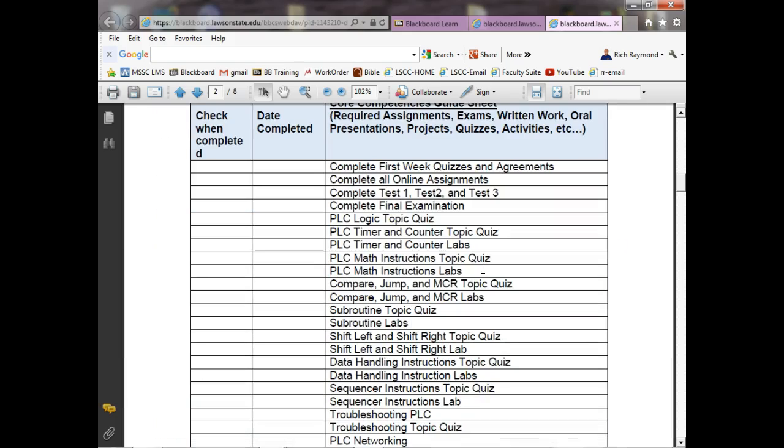This is what we're going to do, guys, during the semester, first week quizzes. So this is basically a check-off thing. You'd have to print it off if you wanted to do it. So these are the labs that we're going to be doing down here. We're going to be dealing with